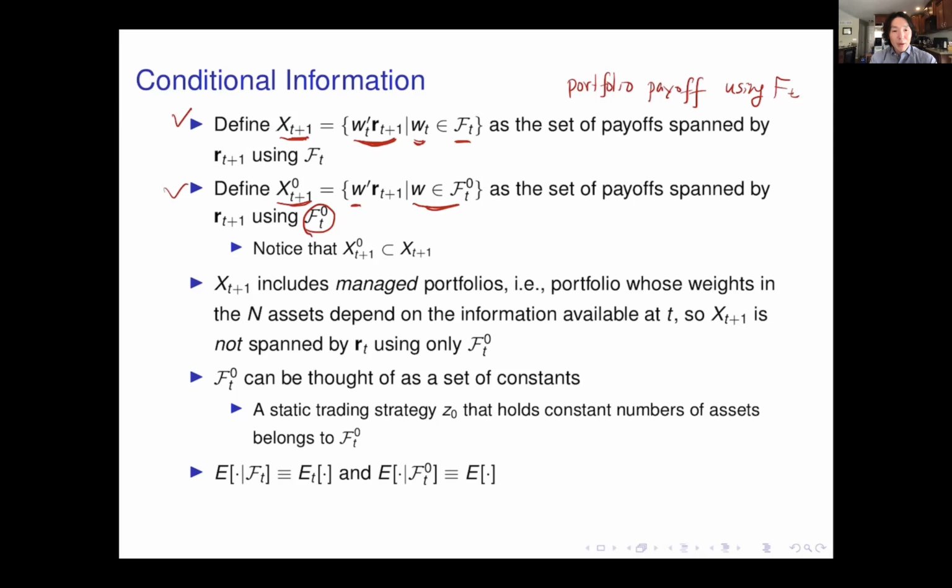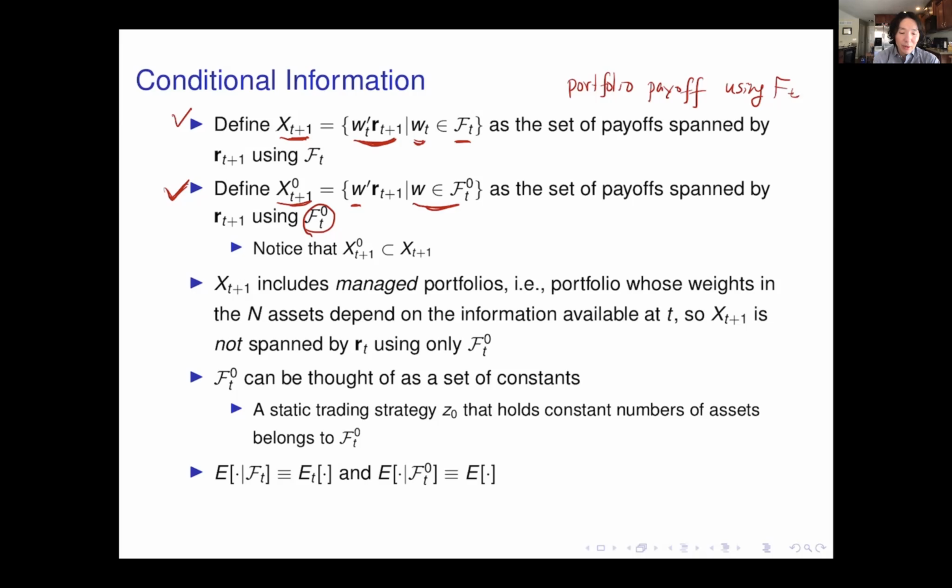So this is a static strategy. 무슨 말이냐? X_t0에 있는 포트폴리오들은 static, 정적인 스트래티지에 의한 포트폴리오 페이오프들입니다. 즉 오늘 포트폴리오를 딱 정하고 포트폴리오 웨이트를 절대 변하지 않아요. 하지만 그 위에 있는 포트폴리오는 동적 포트폴리오죠. 왜냐하면 W_t changes over time. 그러면 매일 포트폴리오 웨이트가 변하게 됩니다.